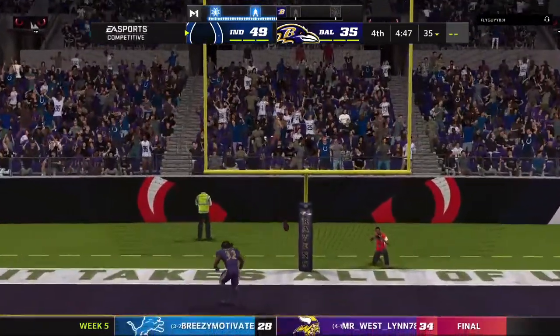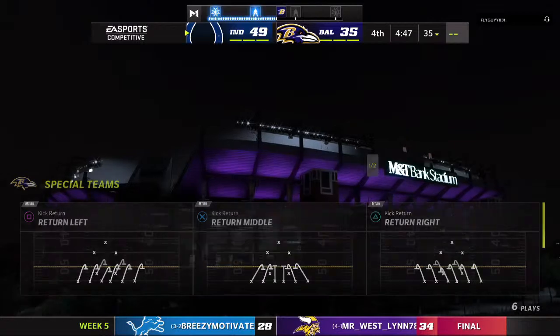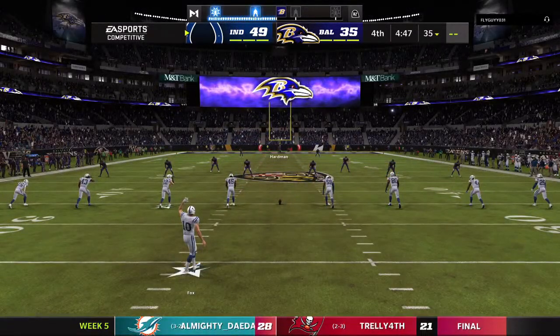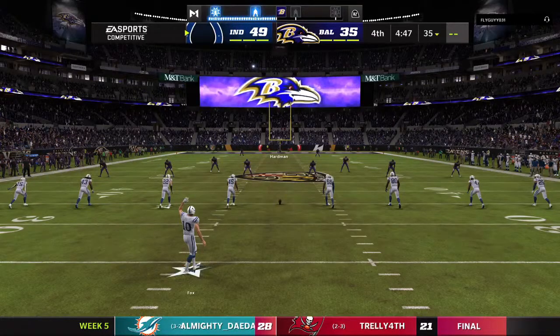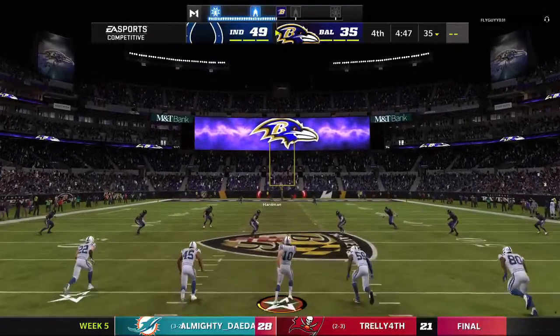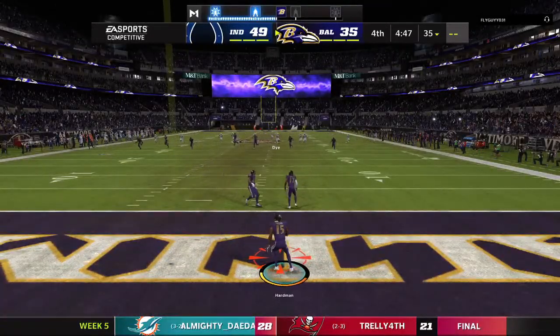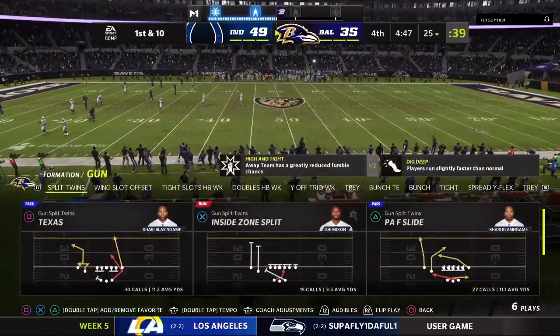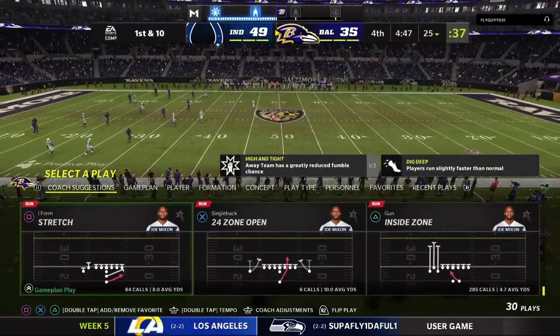And the lead is up to 14. Makes the score Colts 49, Ravens 35. So they'll get another shot on offense following that pick 6. And now the kick is away. The Ravens take over 1st and